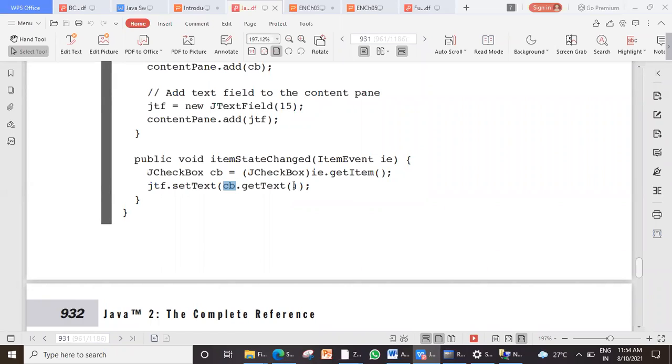I am going to display it on a text field. So jtf.setText. So this is the program which will automatically display whichever checkbox is selected. Clear? Yeah. Now quickly before the time elapses, let me cover the next.